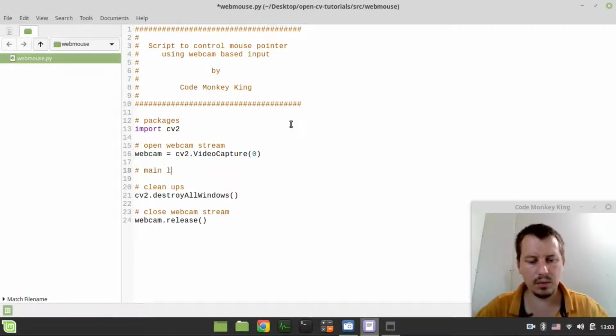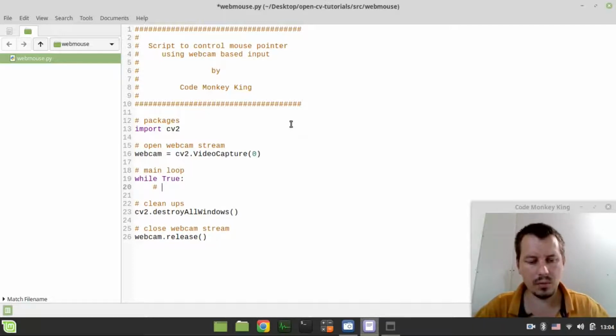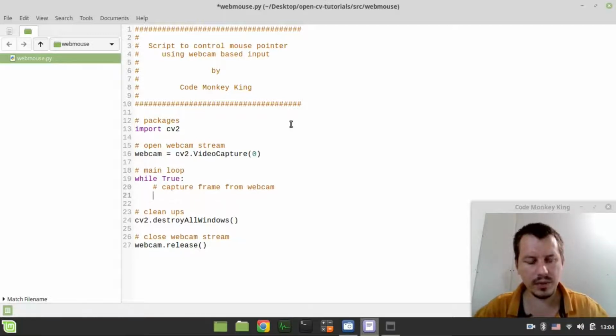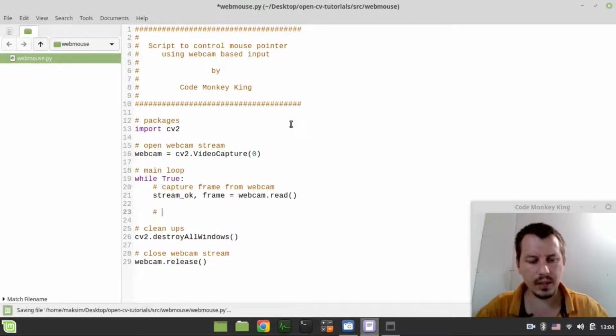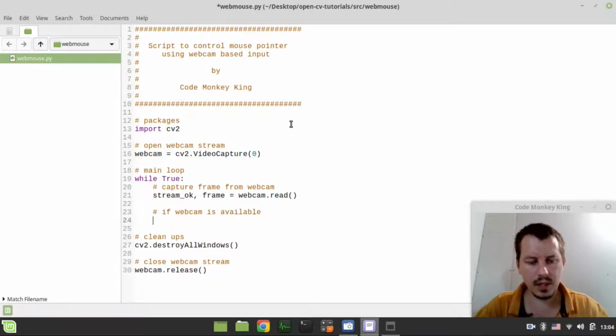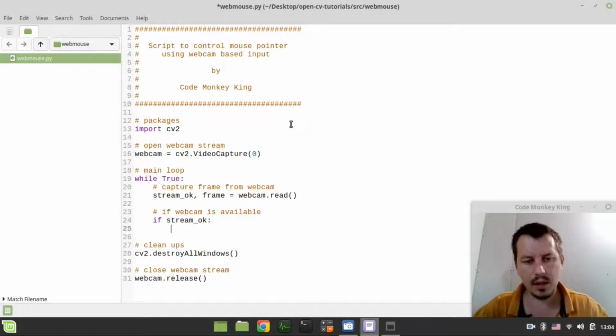And here we'll go for the main loop, and I can say while True. And here I want to capture a frame from the web camera. So two variables. The first one I'll call stream_ok, which means that the stream is OK, and the second one is the frame on its own. So we can simply say webcam.read like this. And now let's say if the webcam is available, in this case if stream_ok, we can actually